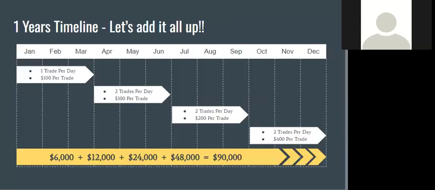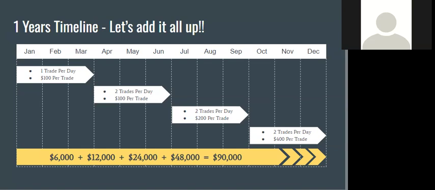Here's kind of what it looks like on a timeline scale. This is 1 year. So we're going to add it all up. Basically I got January, February, March here. It doesn't matter when you start. Don't wait till next January. Start when you start over the next month. We've got August coming up here next week. So what we would do is actually just start next week.